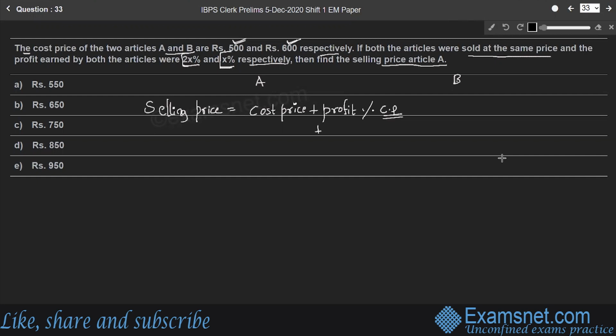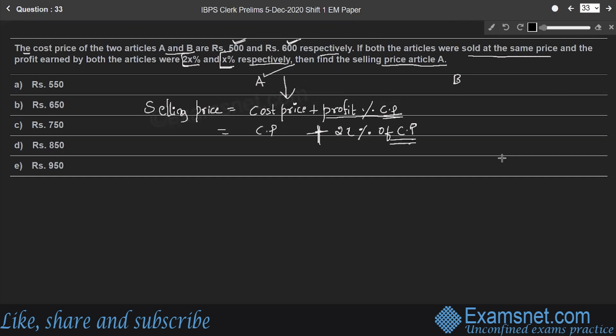So profit percentage with respect to A, right? Profit percentage is 2x% of cost price. The meaning of profit percentage into cost price is profit percentage of cost price, because profit is always calculated on cost price, right? Therefore,